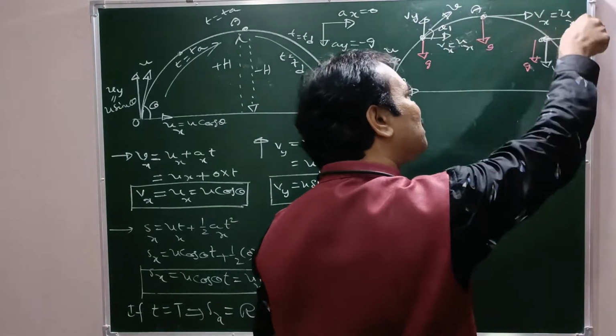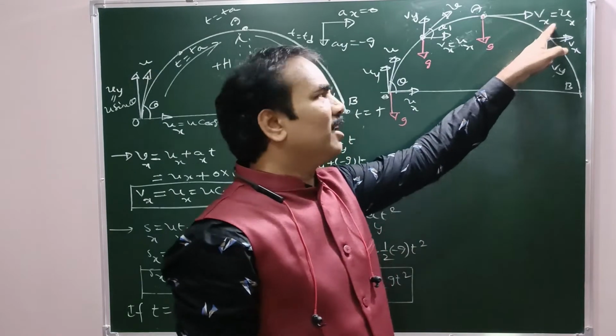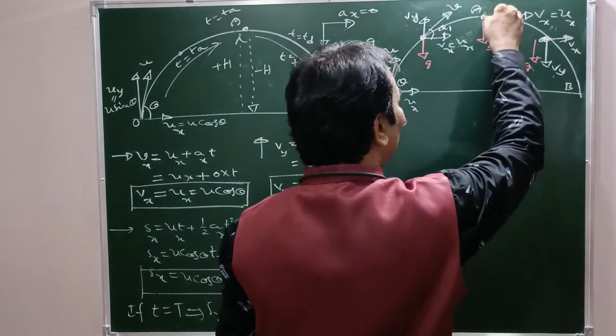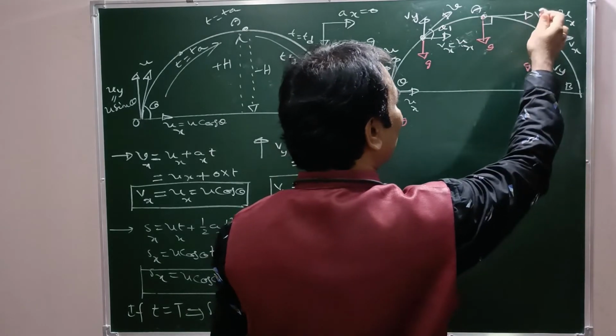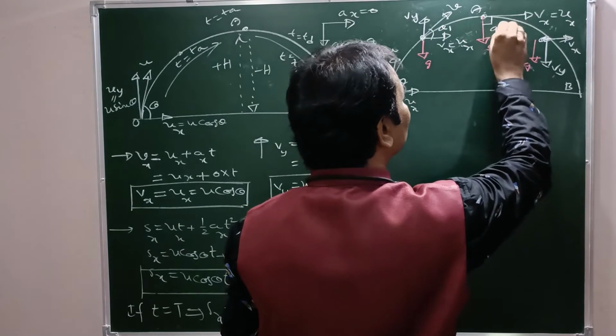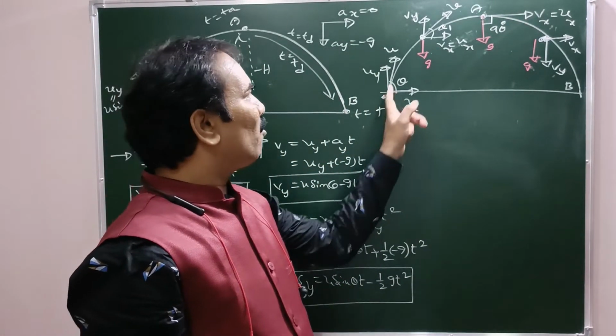So with respect to horizontal, the angle made by the net velocity is 0. But especially at this point, the angle between acceleration due to gravity and net velocity is 90 degrees. Okay, right? See, from O to A,